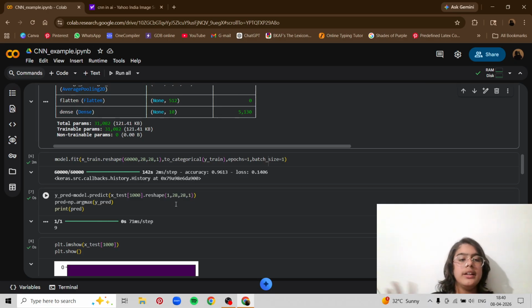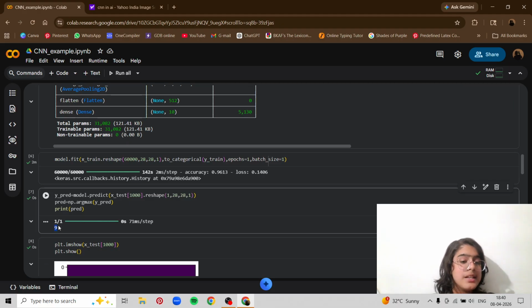The first one defines that it is one image. These 28, 28 define the length and breadth, and the last one defines the height. Now that we have a one dimensional image, it will only work when we put height as 1. And then we predict the y, and we get the answer as 9. So you can see I nowhere put y train.